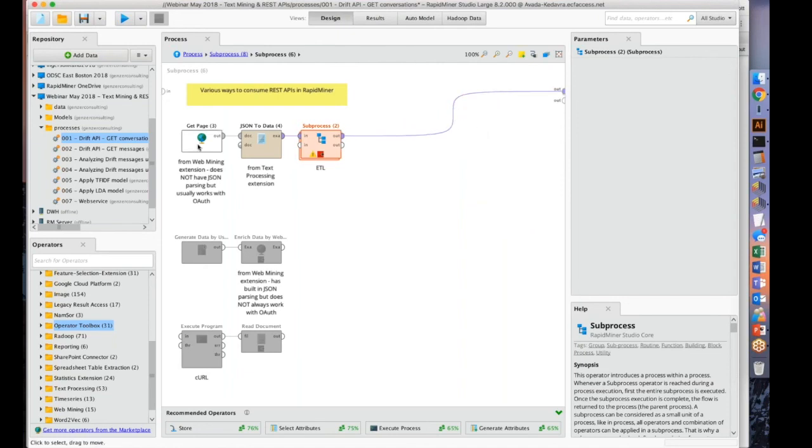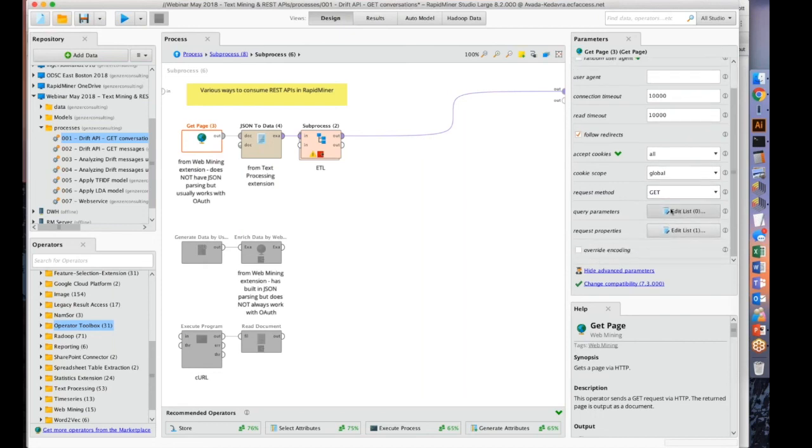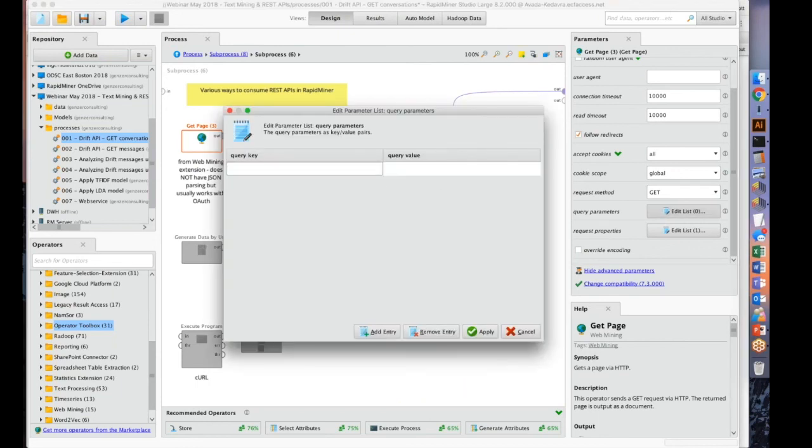So I want to show that to you right now. So again, step by step, I'm using the GetPage operator. Here's my URL. I'm going to leave these all alone. I tend to turn on all of these things, and I'll show you why in a minute. This is a GET request. I have no query parameters for this, but if I did, like I showed you in Google Maps, you would enter them here. Key and value, key and value. It's very easy. And then here in the request properties,